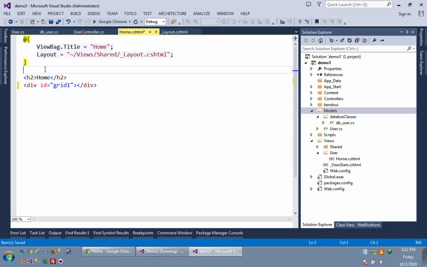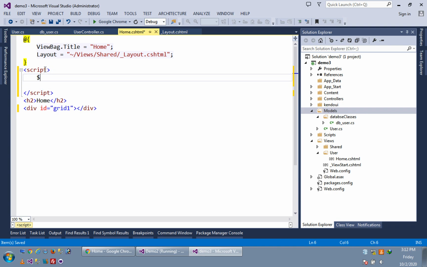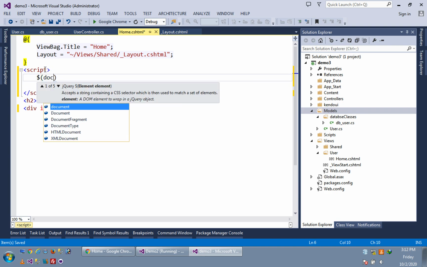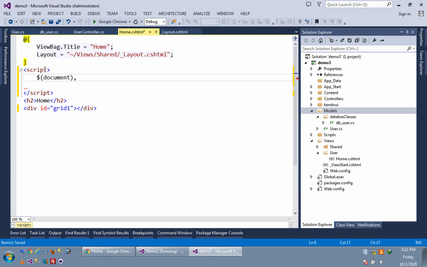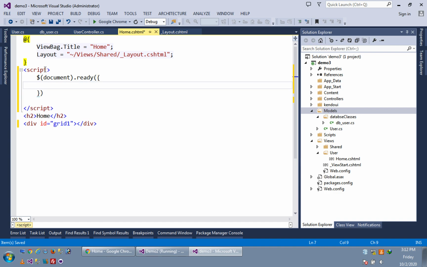So for this, here a script tag, document.ready, and here $('#grid1').